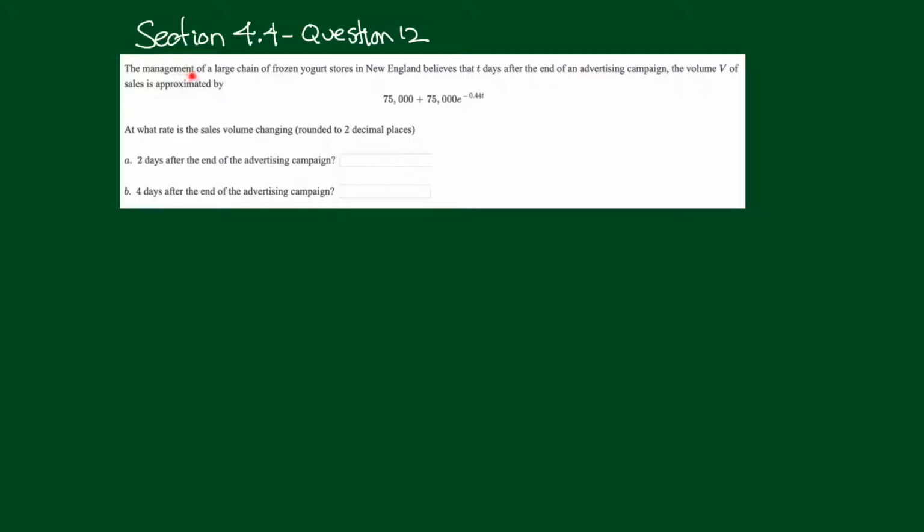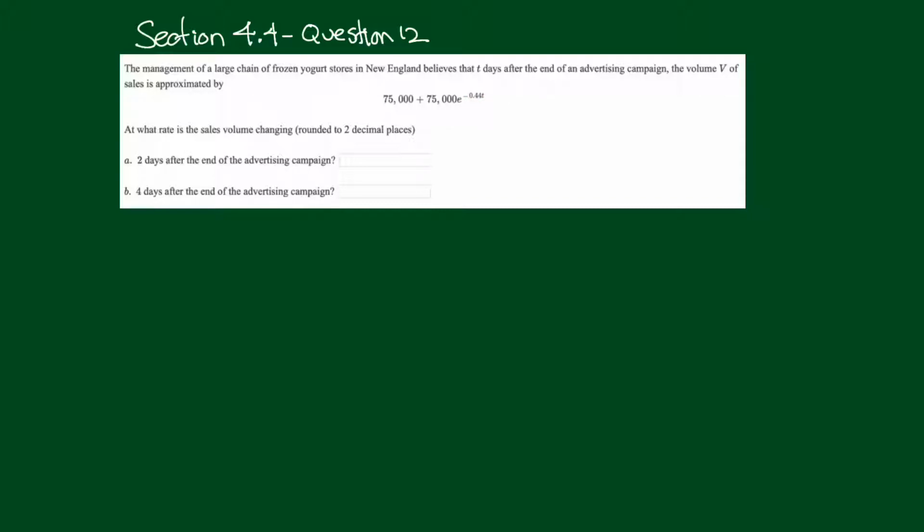What we've got now is the management of a large chain of frozen yogurt stores in New England believes that t days, t is the number of days after the end of an advertising campaign, that the volume of sales is approximated by this function right here. Got an exponential here, right? So what we want to know is, all right, so here's what this is. The volume, this is the volume in sales, and t is the number of days after an advertising